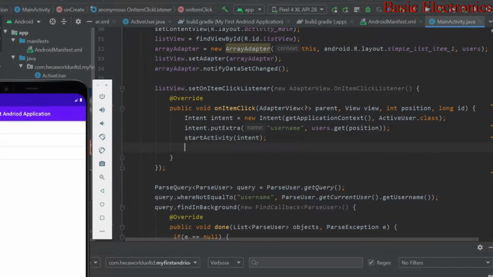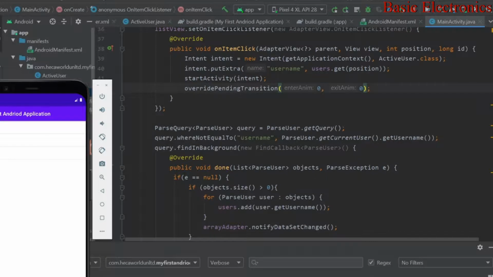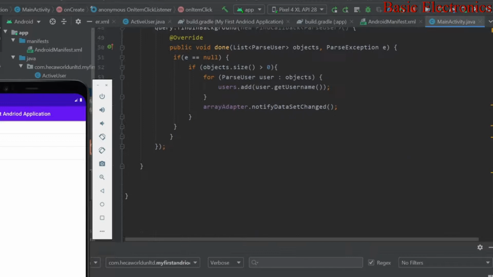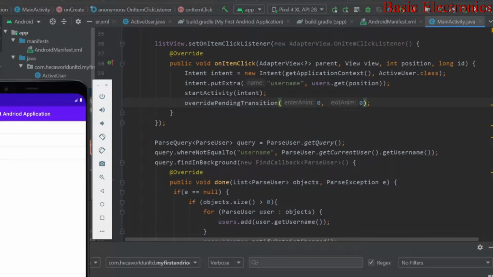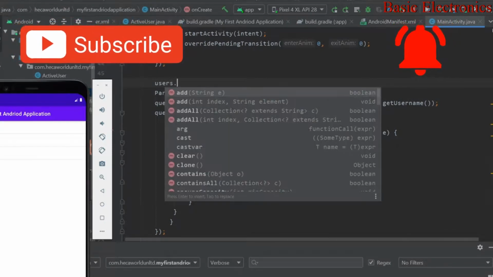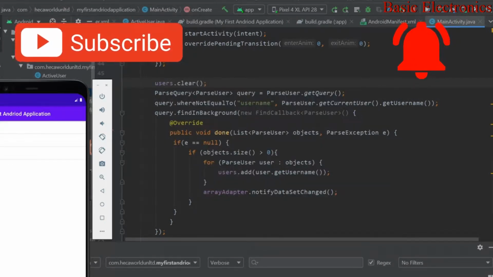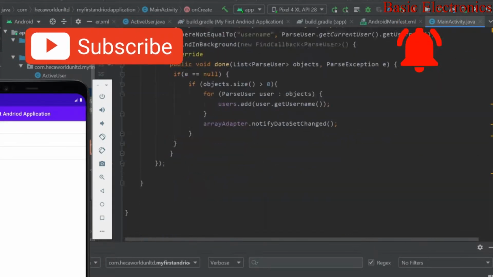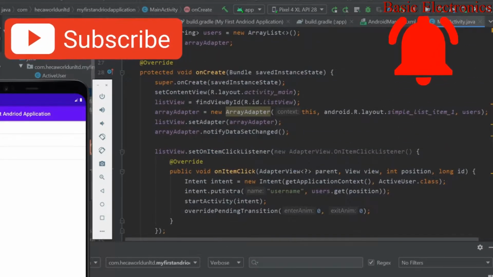Alright, as we did before, we're going to override pending transition. Maybe later we're going to use animations. I think it would be nice for us to introduce that. Alright. So it might be nice to actually clear the users once we start. We need to clear it so that we don't add override. So we'll clear it and then we'll get users. Now this is all we need here. We have to retrieve these users in the